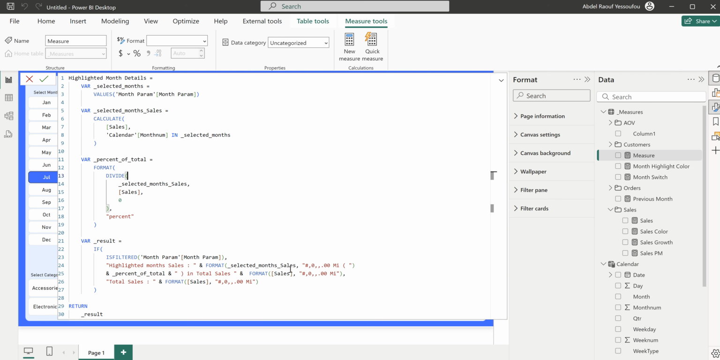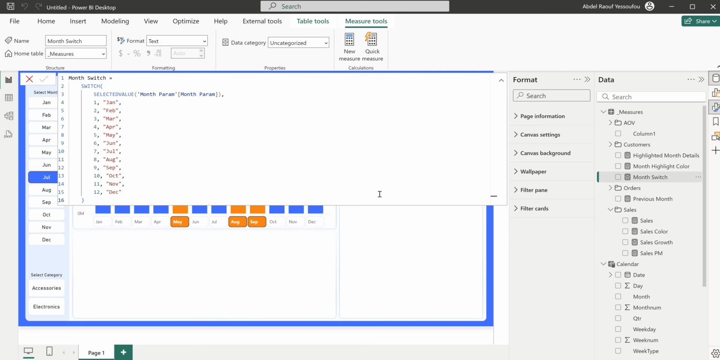So we format the total of the highlighted month sales, which we have here. So you can see it here. It's formatted to be million. And then we also format the percentage as well. Then we append the overall total sales to this. Okay. If you don't understand this, you can ask me. I will explain it to you. Well, okay. So let's go back to